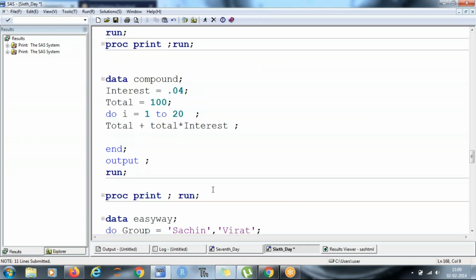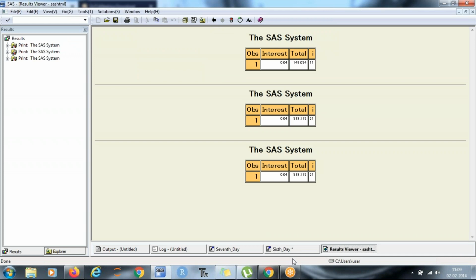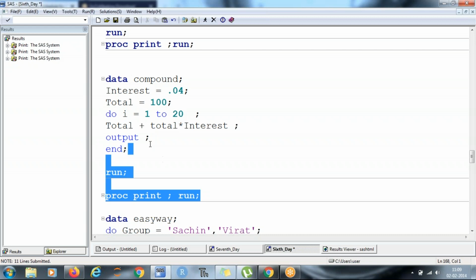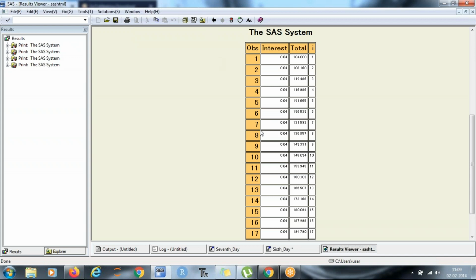If I write an output statement over here, every iteration would be executed and an output would be printed. This output should be before end. So the first year the money would be 104.